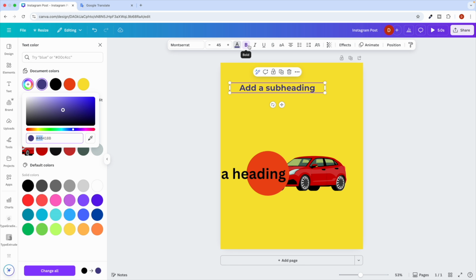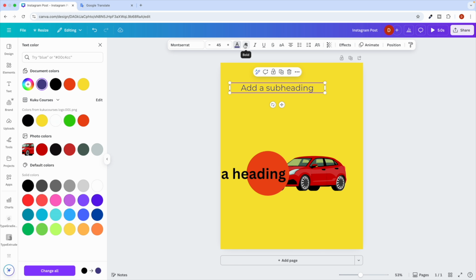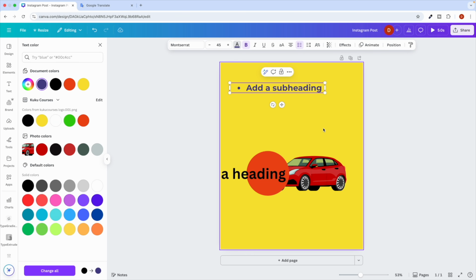You can make it less bold like this. Okay, you can make it italic, underline. You can just cut the text off. You can just make it uppercase, lowercase, and so on. You can set the alignment to left, right, middle, like this, right, and so on. You can even put the things in bullet points. So suppose right now it's in bullet points, and I am going to say, let's say,